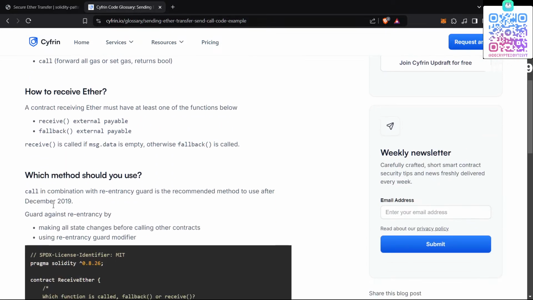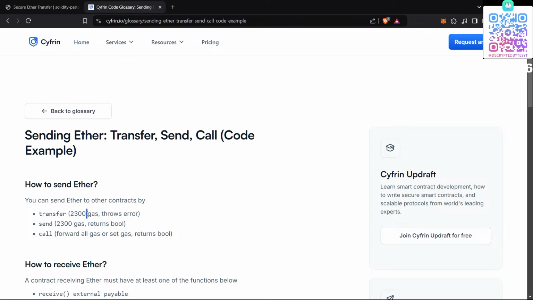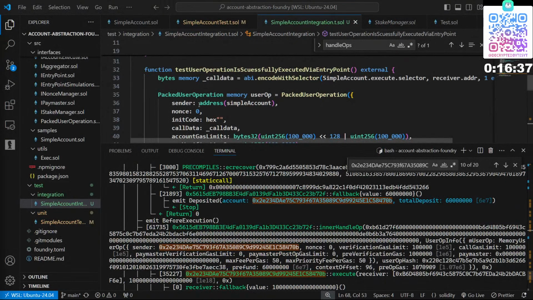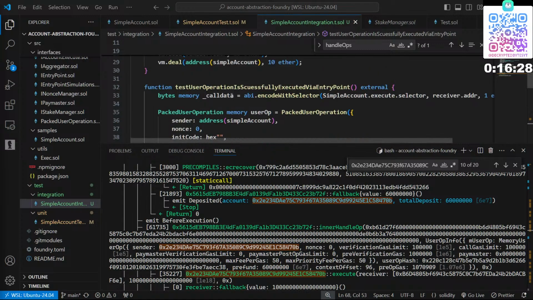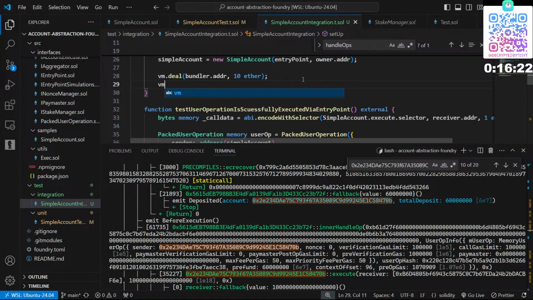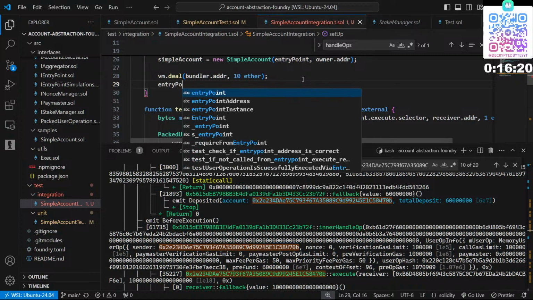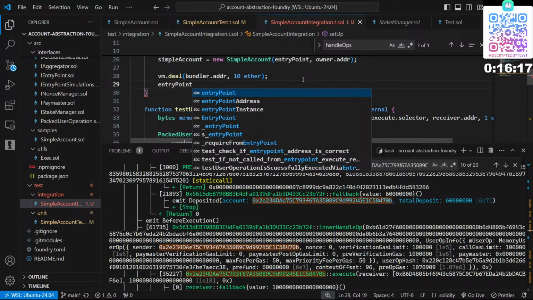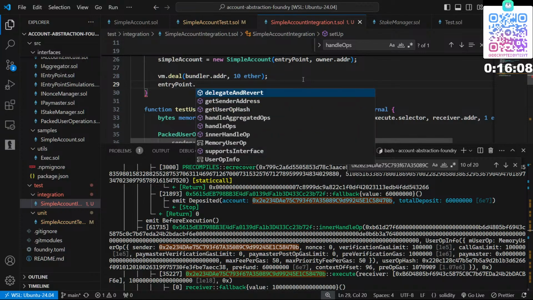Okay, so with this, we know it costs this much. So every time we don't need to send the gas. Instead, like with deposits, we save that amount of gas from deducting every time. So anyone can just increase the deposit and not pay the gas fees from their account to save the gas, which is